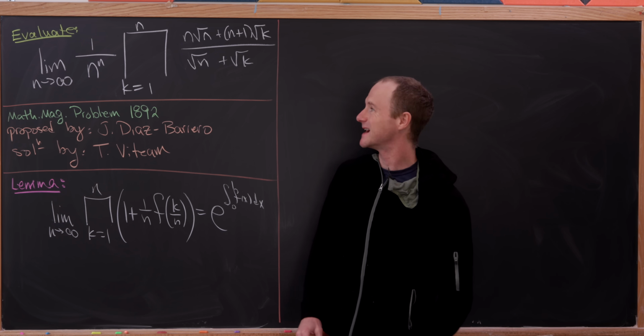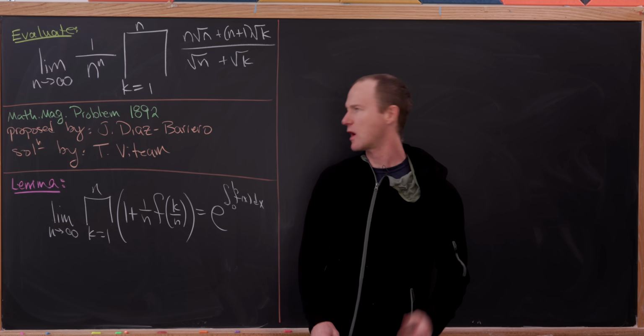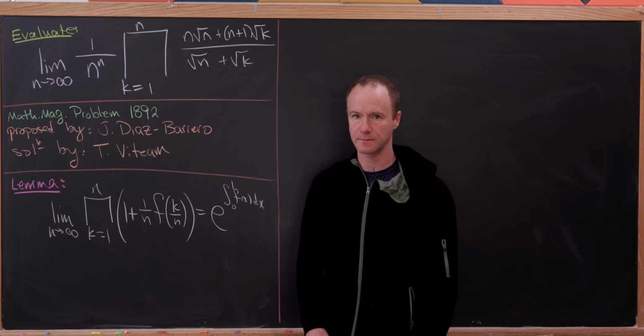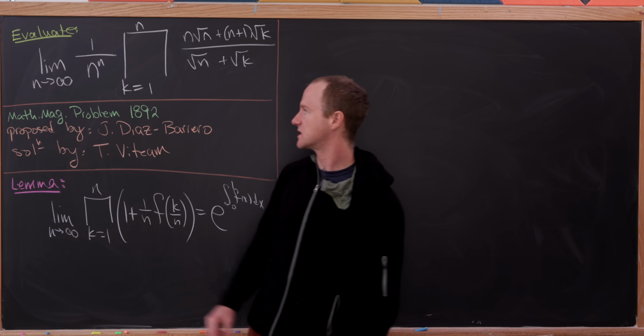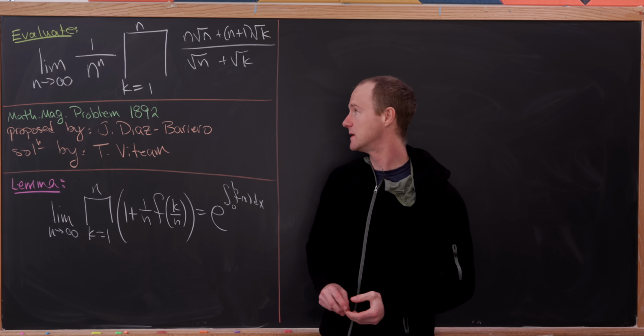Today we've got this nice infinite product to evaluate that I found in the Math magazine. So it's problem 1892 if you have access to this and you can check it out. So our goal is to calculate the limit as n goes to infinity of 1 over n to the n